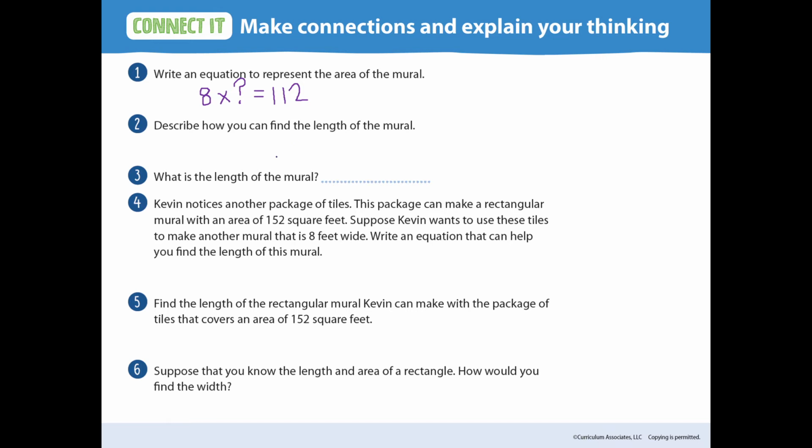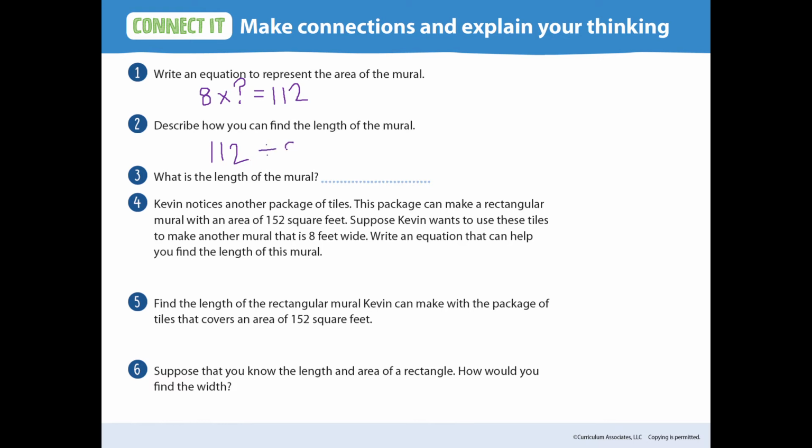Number 2, describe how you can find the length of the mural. I would like you to see if you can figure this out and then press play again and we'll go over it together. So something that I would do is I would probably use an inverse operation. Inverse basically just means the reverse, the opposite of what we're doing here. So what we're doing here is multiplying 8 times something equals 112. And so if we use the opposite of multiplication, that would be division. So I would flip this around and I'd say 112